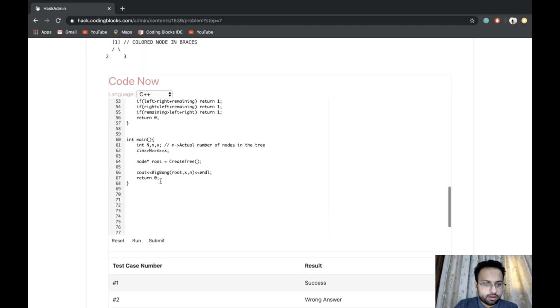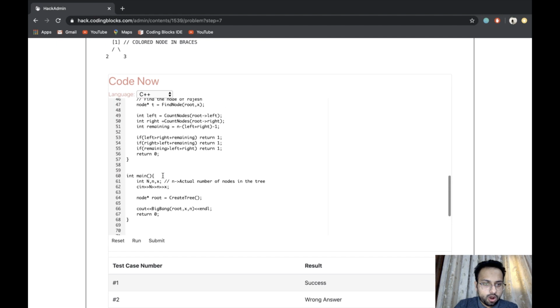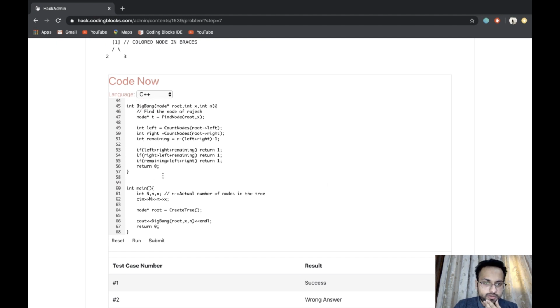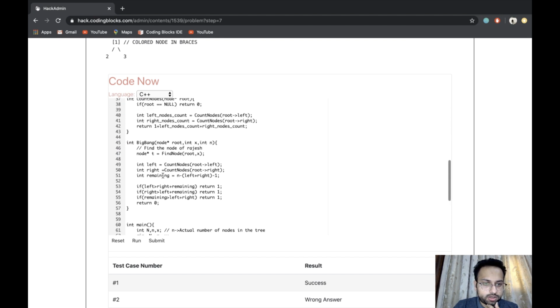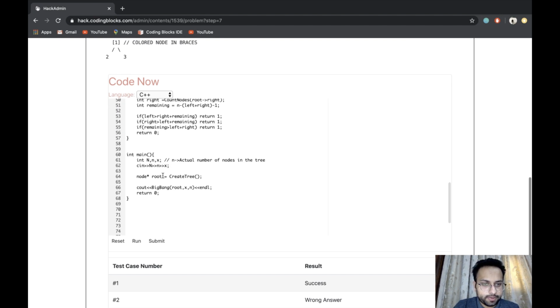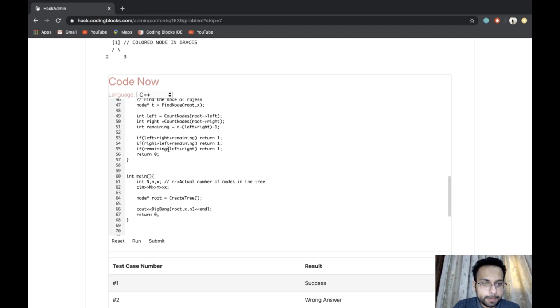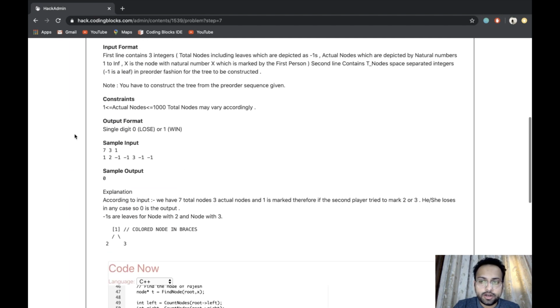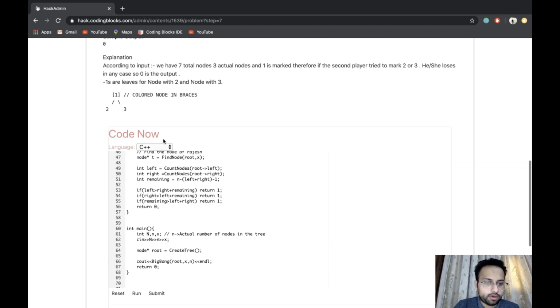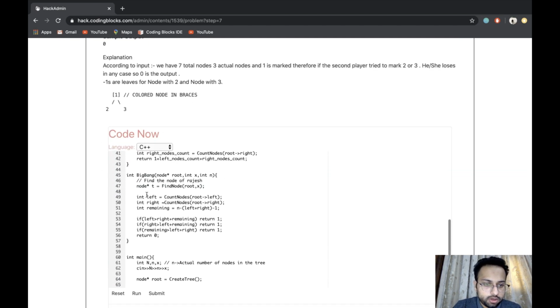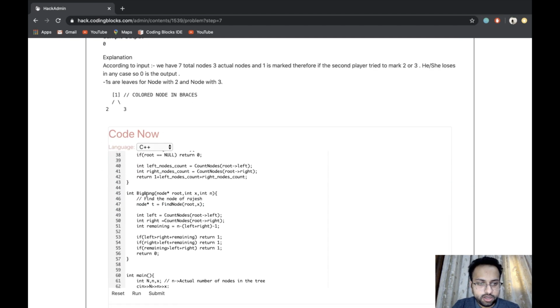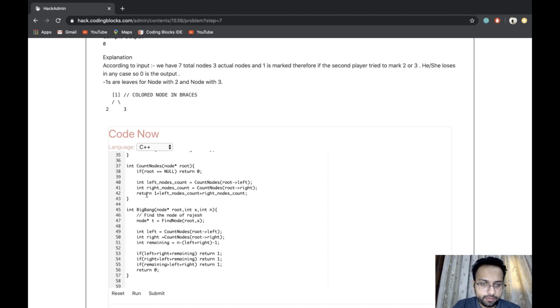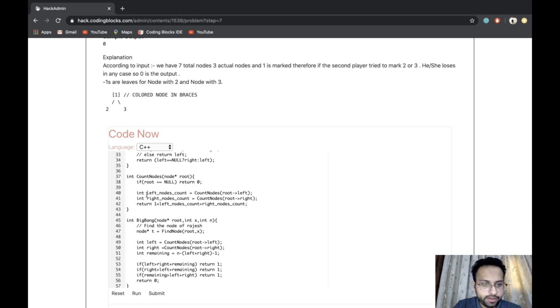Alright, so I'm getting a wrong answer over here. Let us see what is the mistake that we have done in this part. If we win, we return 1, right? So that's fine. There is a minor mistake. We have counted the nodes for the left, we have counted the nodes for the right.